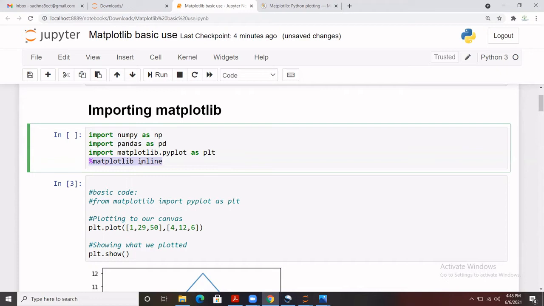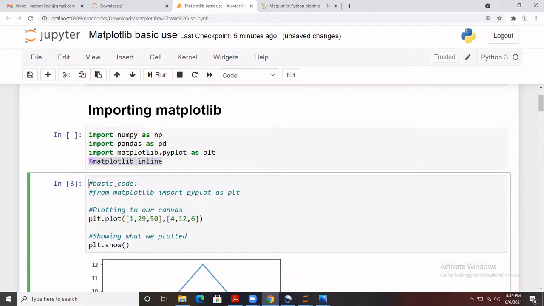This is the Jupyter notebook, and till now, whatever you learned for NumPy and pandas, you were not creating any visual impact, such as lines, designs, or color coding. That does not come by default in Jupyter. If you want that in the Jupyter notebook, we use percent matplotlib inline. It is just to showcase all the color codings and designs that you are going to display while creating plots. Is it clear? So this is what percent matplotlib inline does.